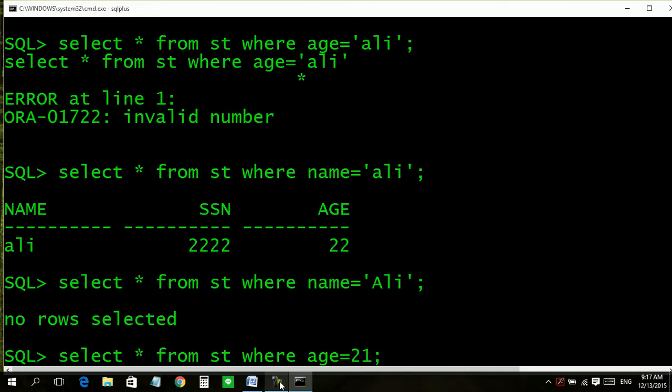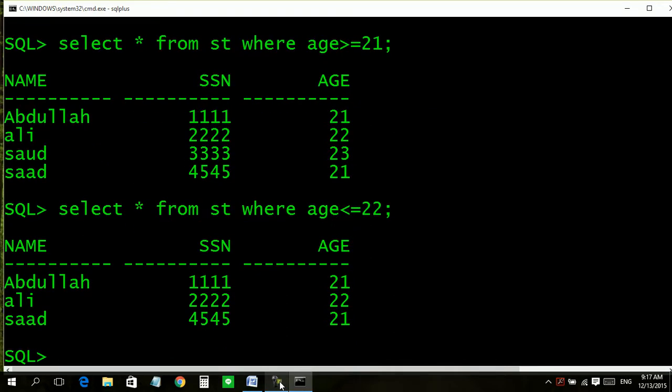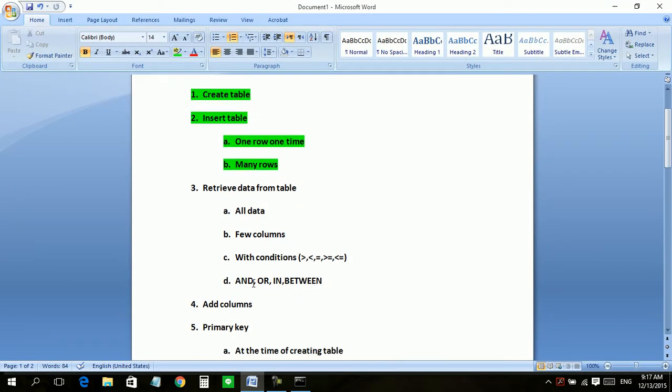Age, let us change it. I think if I take this, 22 is good. Okay, and, or, in between.